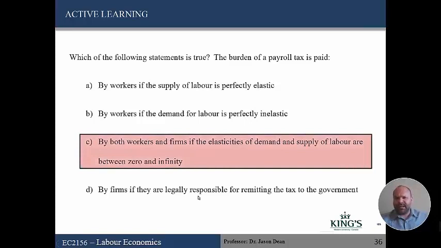So the answer is C. By both workers and firms if the elasticities of demand and supply of labor are between 0 and infinity, but not exactly equal to those. So